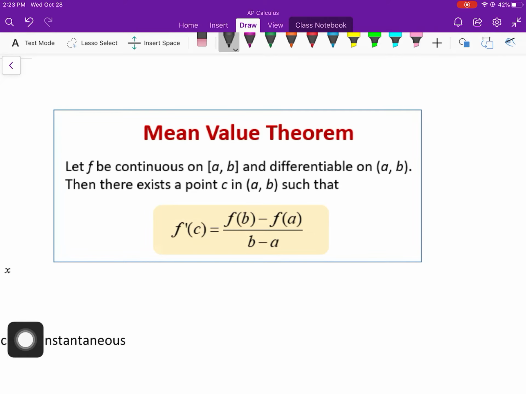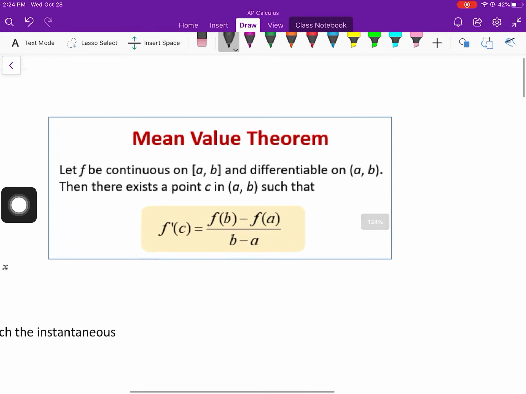So remember how I said this is going to play a big part in the next section. Let f be continuous on the closed interval and differentiable on the open interval from a to b. Then there exists a point c in (a, b) such that this follows. So remember, this formula is what we practiced in the last section, but we're really focused on this idea of